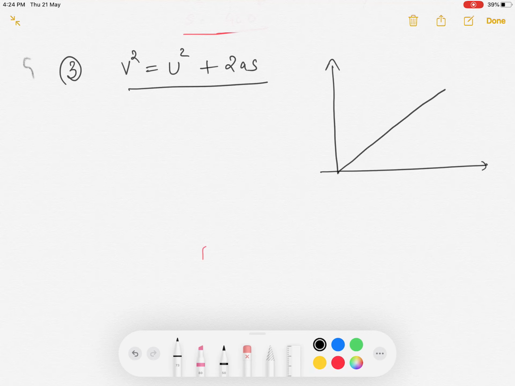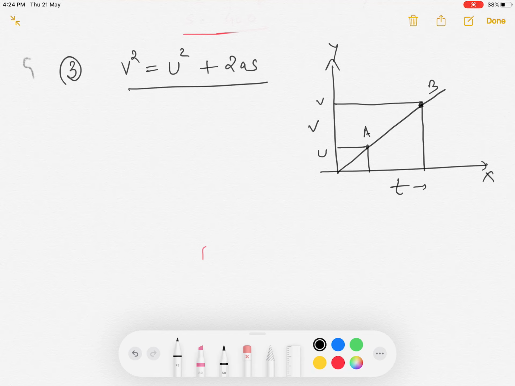Okay, so again same thing, we will consider a body moving in a uniformly accelerated motion, and let its velocity time graph be shown. Let A be the point where initial velocity be u, B be the point where final velocity be v. For each derivation, children, you draw a separate graph so that this will make you clear and it will clarify all your concept, and as you go on practicing, it will make you perfect.